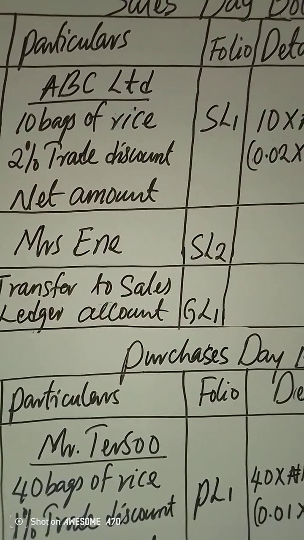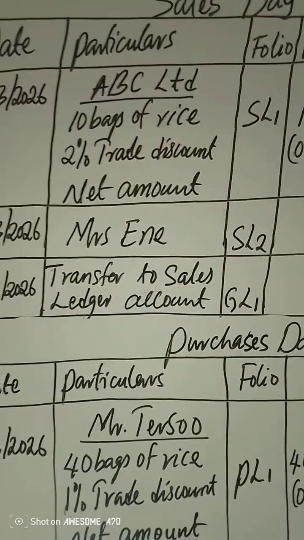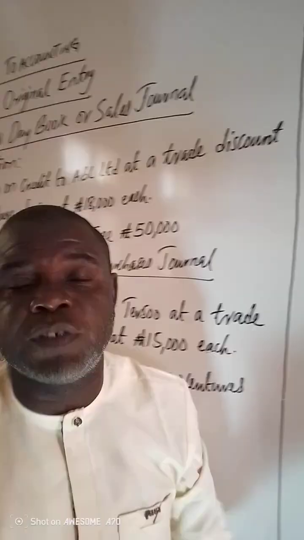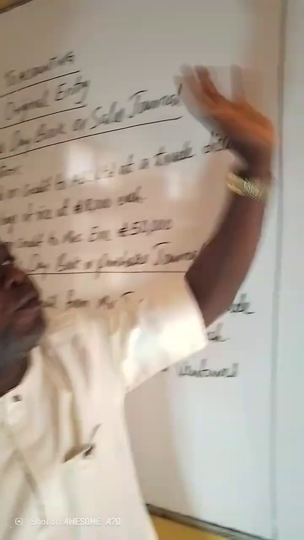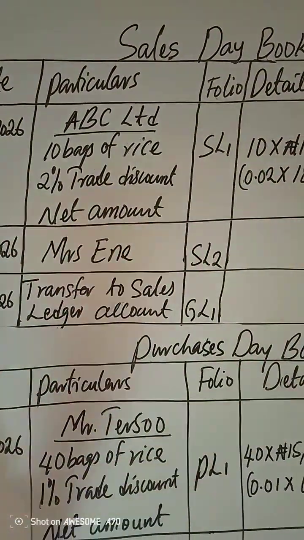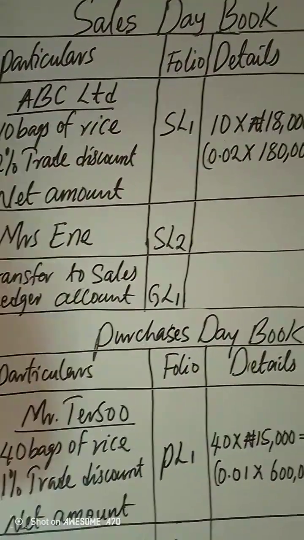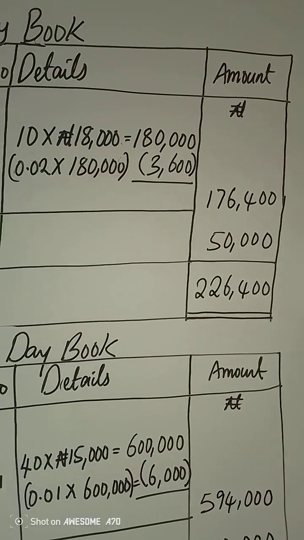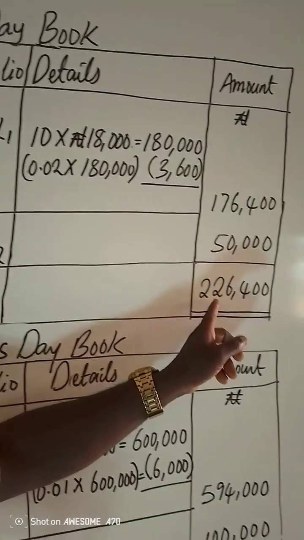Mind you, the definition of books of original entry says they are books into which transactions are first recorded when captured from the source documents before transferring to the ledger. So this is credit sales which are being captured first in the sales day book. After that, they now transfer it to the main ledger called the sales ledger. And sales ledger is under general ledger. I've already explained that very well under folio. Sales ledger is under general ledger. They now say transfer to sales ledger account, general ledger 1, which the total is